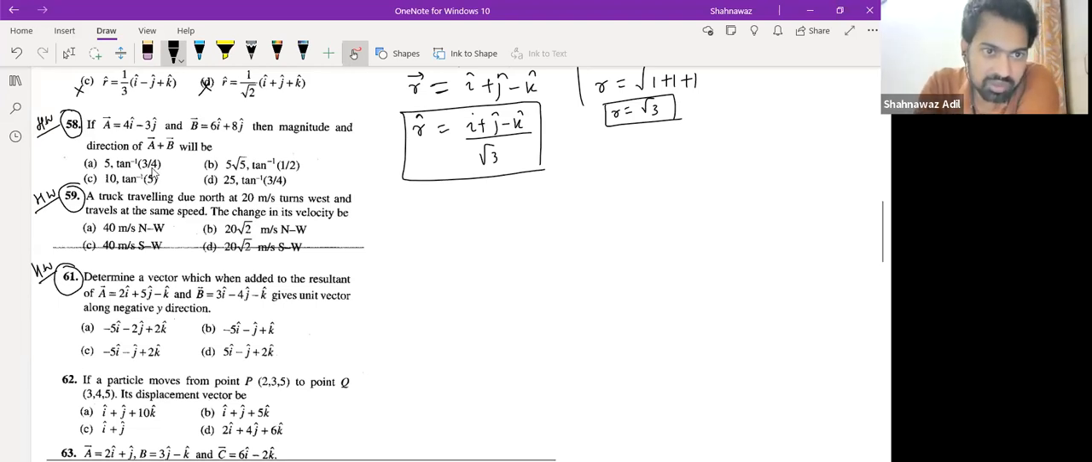Do I need to give the hints? So this question we did, right? You guys can calculate a truck traveling due north. Okay, so north and